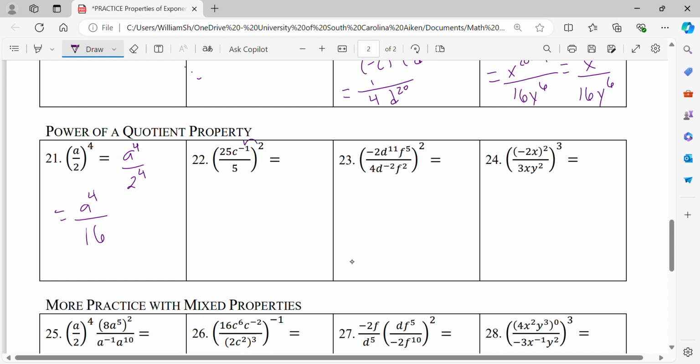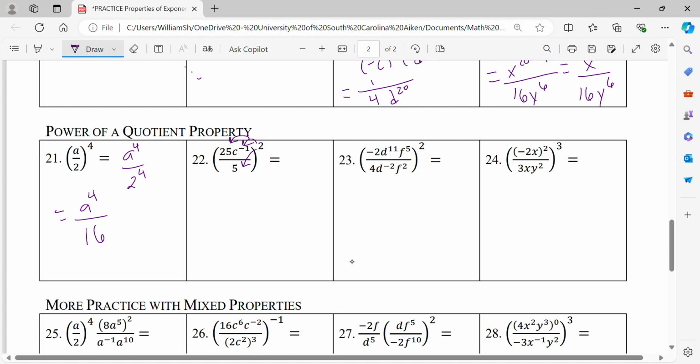I have 25c to the negative 1 over 5 all squared. Now, this squared needs to go to all of these terms, the ones in the numerator and the ones in the denominator. Okay? So we're technically taking this squared and putting it to all three of these terms. Alright? Now,